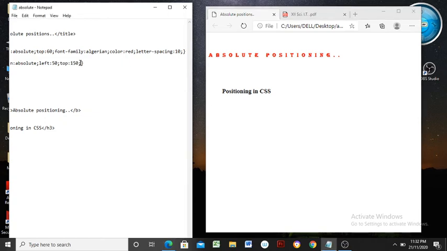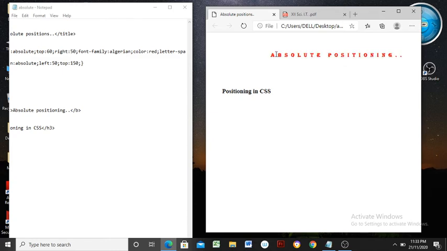One can apply left, top as well as right positions. Suppose I want to apply a right position also, one can give right 50, means leaving a space of 50 pixels from the right hand side. See here, that is moved.